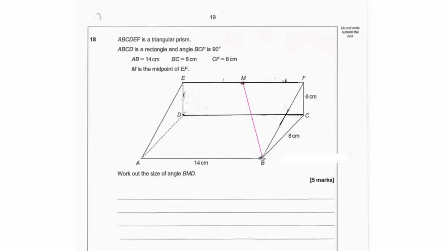So BMD. Let's connect these first. And this is the angle. So we can see that we have 6 over here, 8 over here, 14 over here. This is also going to be 6, this is also going to be 14, and this is also going to be 8. To work out this angle,